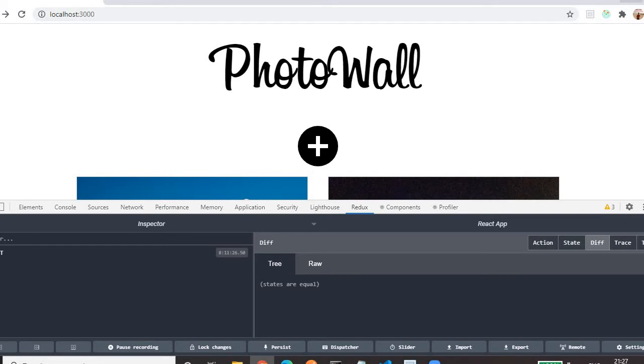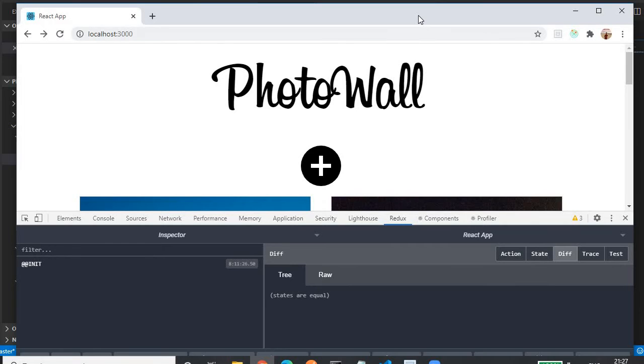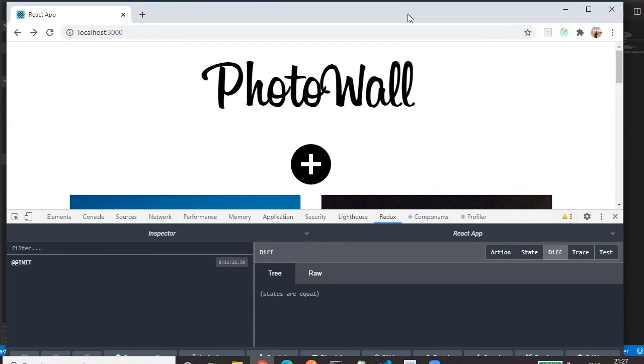Okay, let me resize it a little bit. Yeah, so this is a nice looking dev tool where you can debug your application and check the state of your application. Everything, the state, the reducer, the action is going to be cleared. Don't worry about that. I will show you what the next step will be after this installation.